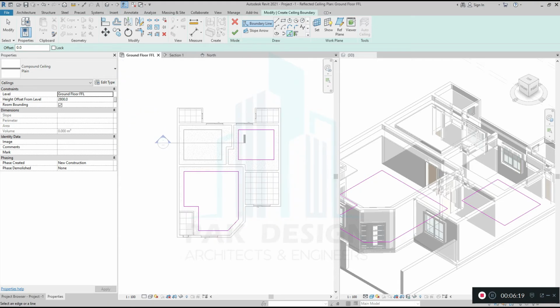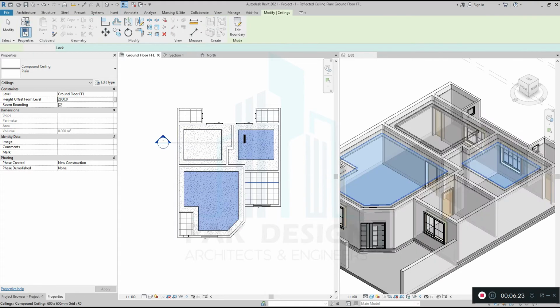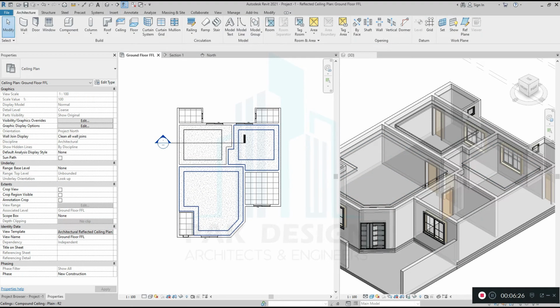Okay, this is 2.8. So okay, again I'm going back.